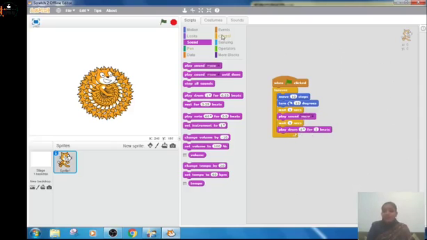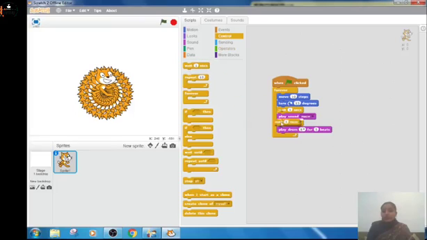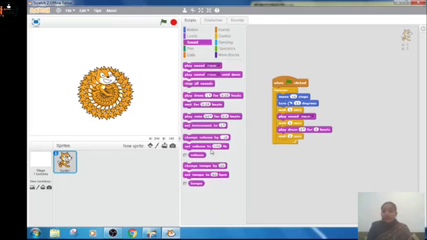Okay, after that again in control wait for 1 second. Again in sound, which instrument you would like to have, let's use this. Play note 60 for 0.5 beats. Let's again change it to 5 beats, or any number you can use.